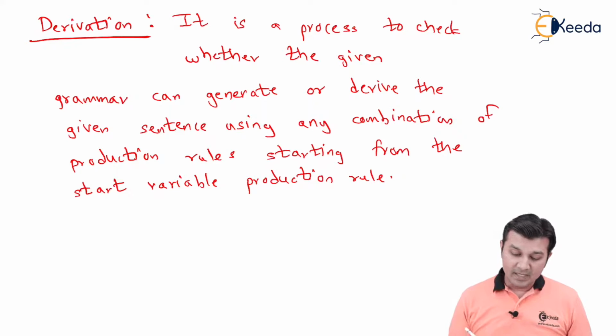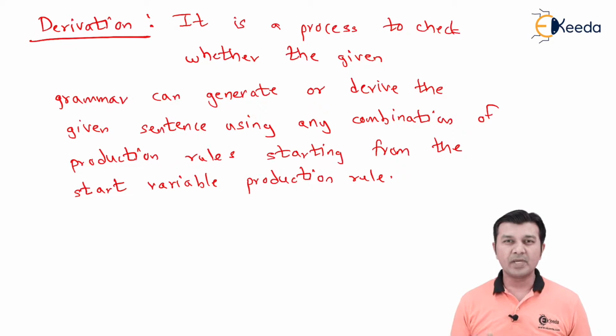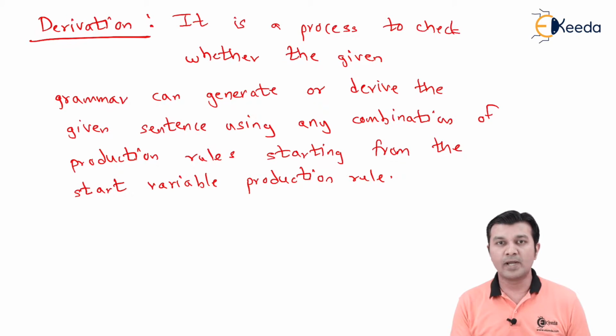So now friends, if you ask to define derivation, it is called a process to check whether the given grammar can generate or derive the given sentence using any combination of the production rules from the start variable production rule. What I mean by this is, previously if you observe the example which we discussed wherein we generated AABB, for that generation we used any random productions. We were not even knowing that we are going to generate that. We were simply substituting some productions by the respective entries and checking what output we are getting, and we finally